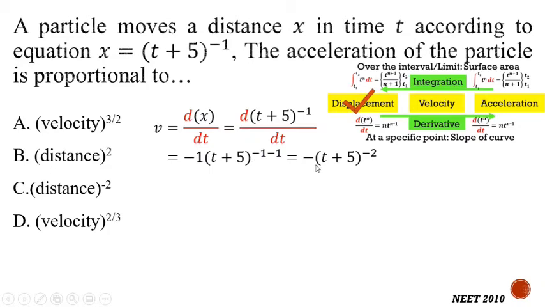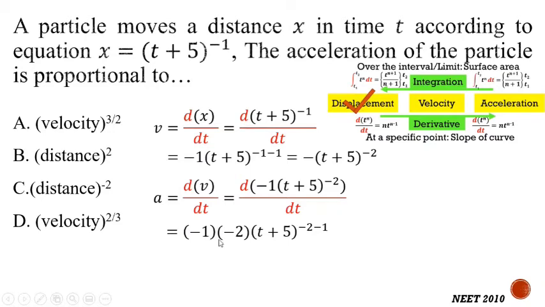So here, multiplying power and reducing power, it becomes minus 2, because minus 1 will become minus 2. Next, this is the equation for velocity. Now to find out acceleration, again we will take the derivative: dv by dt is equal to the derivative of minus 1 (t plus 5) bracket raised to minus 2. Here power is minus 2, multiply power and again reduce power. So by reducing power by 1 it will become minus 3.